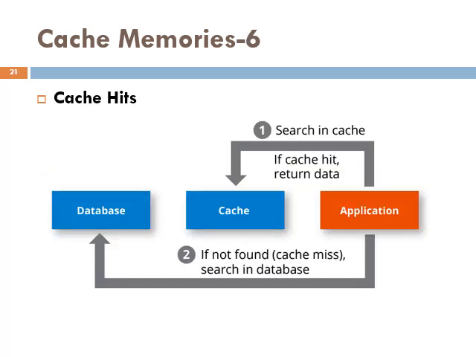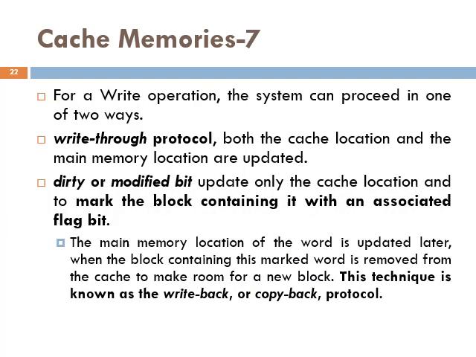Let us talk about cache hit. The processor does not need to know explicitly about the existence of the cache. It simply issues read-write requests using addresses that refer to locations in the memory. The cache control circuitry determines whether the requested word currently exists in the cache. If it does, the read-write operation is performed on the appropriate cache location. In this case, a read or write hit is said to have occurred. The main memory is not involved when there is a cache hit in a read or write operation.